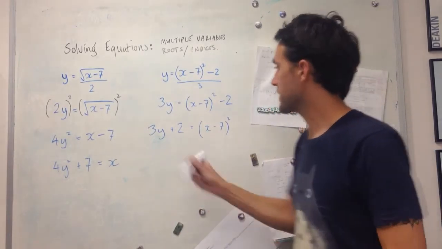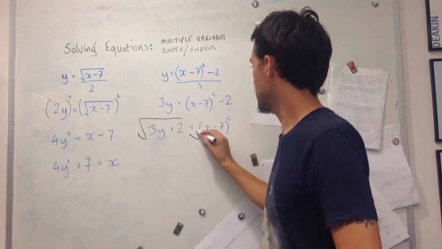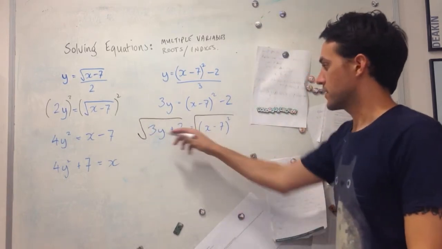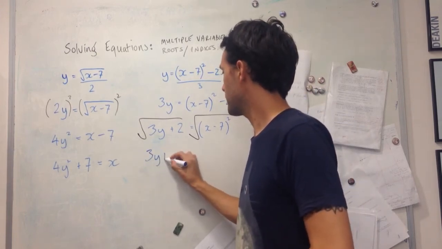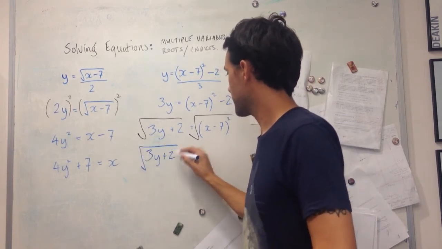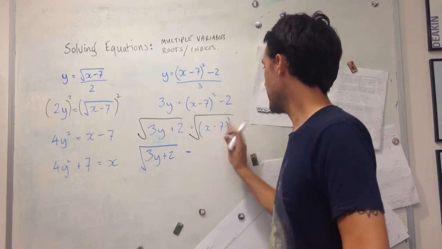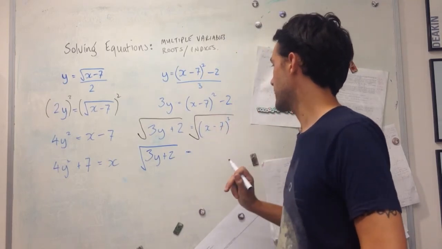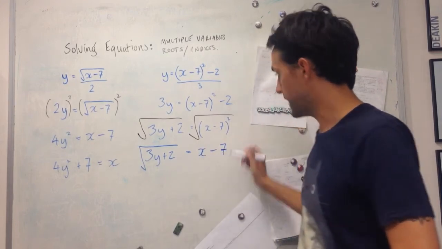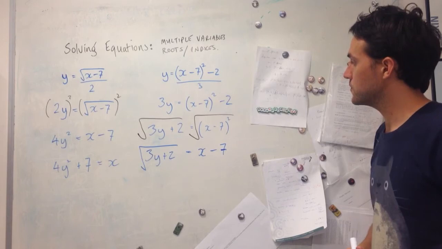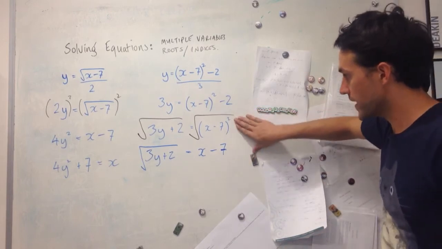So here, I'm going to take the square root operation on both sides. On this side, I'm going to be left with 3y plus 2 inside my square root. On this side, this square root and that squared are going to cancel out. I'm going to have my x minus 7. Now, it's at this point that I need to be careful. Remember, with the squared,